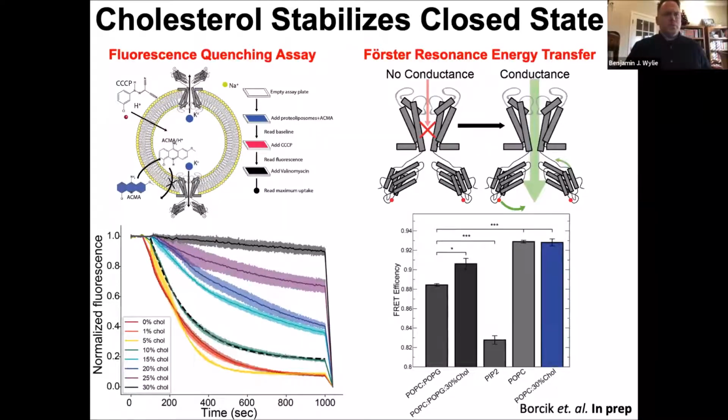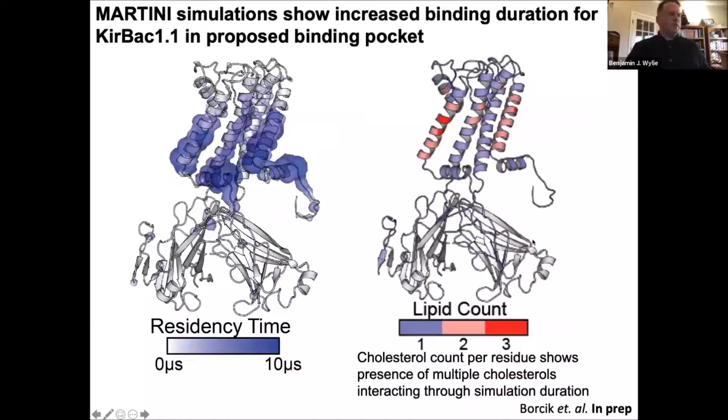And so then doing our FRET, you can see that cholesterol does not seem to at all change the conformation of the C-terminus when it's added to a POPC environment. And then as you add cholesterol to that gating mixture, you actually then start to converge towards the closed state, all right? So moving on from here,